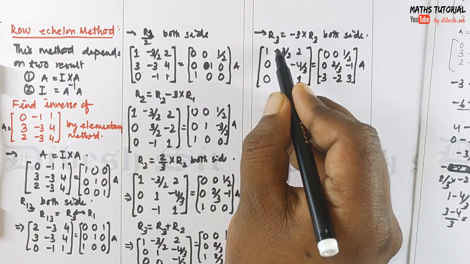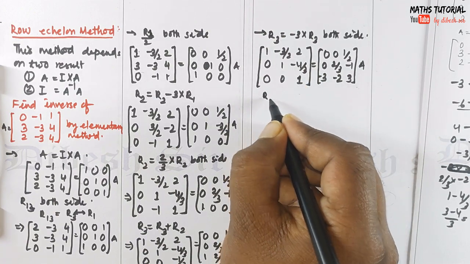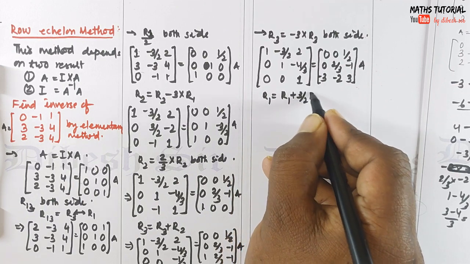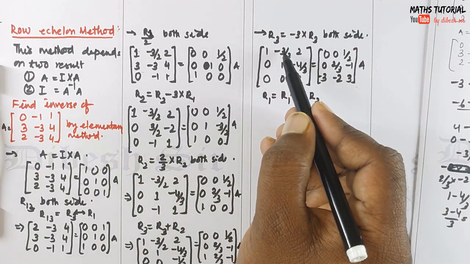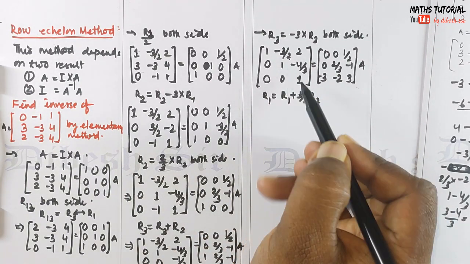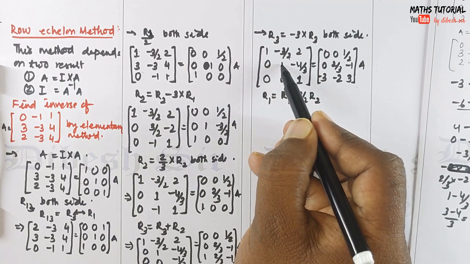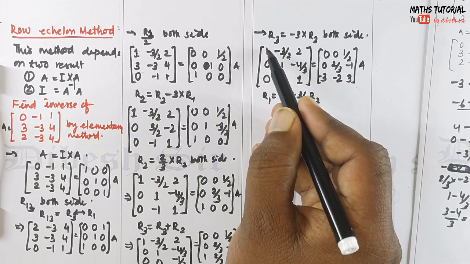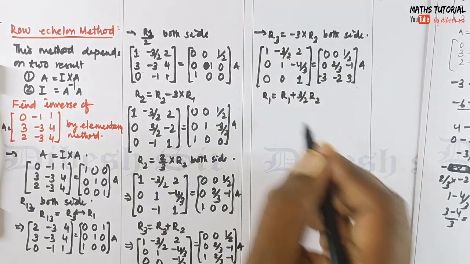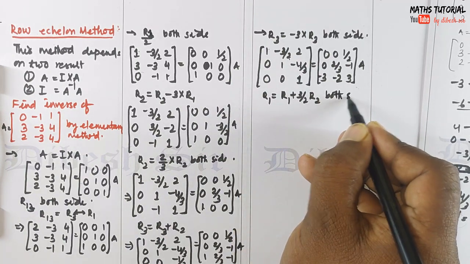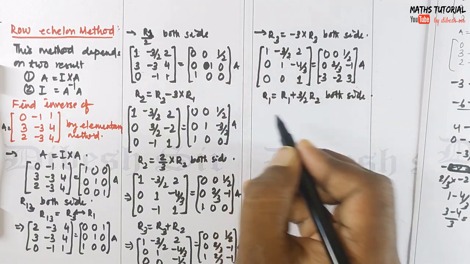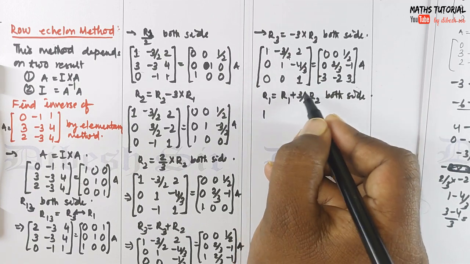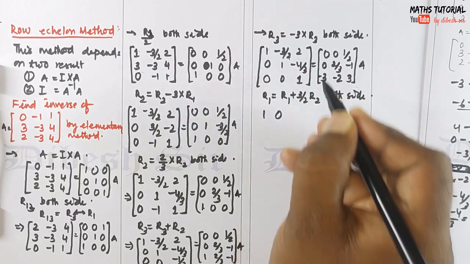Now to make this as 0, that is R1 is equal to R1 plus 3 by 2 R2. Check it. Minus 3 by 2 plus 3 by 2 into 1, that is cancel out. Now if you add these two, 1 plus 0, 1 remain. Now solve it both sides. 1 plus 0, that is 1, minus 3 by 2 plus 1 into 3 by 2, that is cancel out, 0, 2,